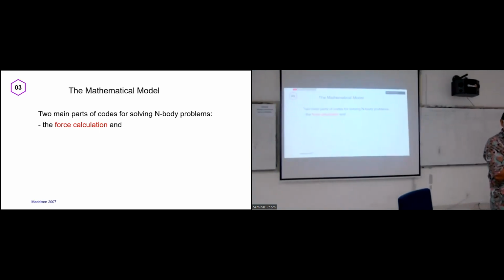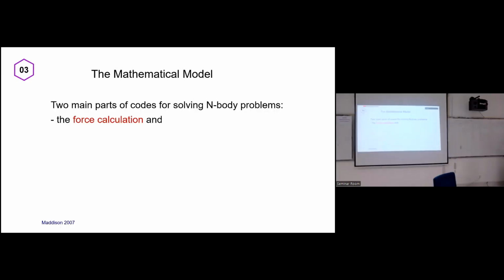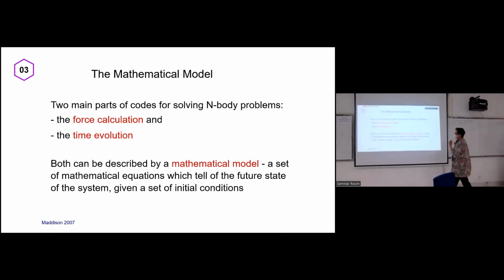The force in the left side equal to blah blah blah. So we need to calculate the right hand side for the force acting in the system that we want to know. Both can be the future or the past. And the second, time evolution. So it can be the future we want to know or the past.